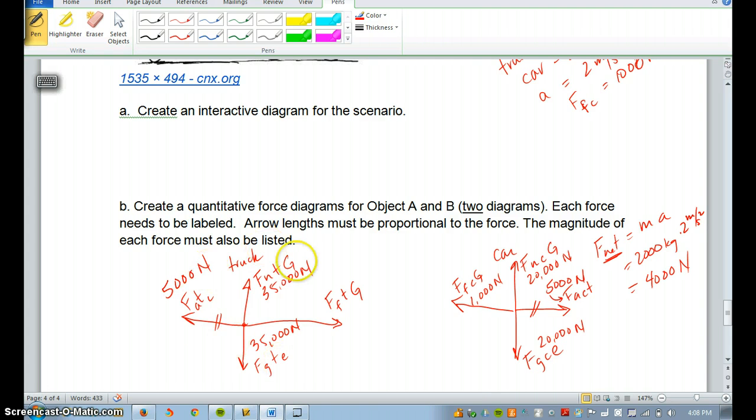So now I've got the third one. What is my frictional force? So again, I know that my net force is mass times acceleration. In this case, my mass is 3,500 kilograms times 2 meters per second squared. That means the net force should be